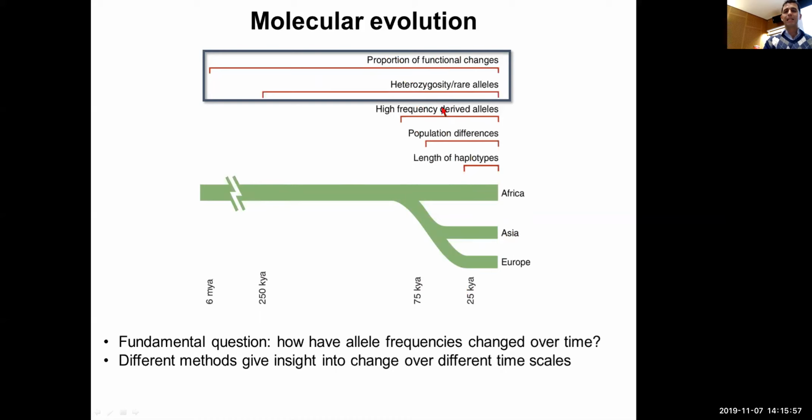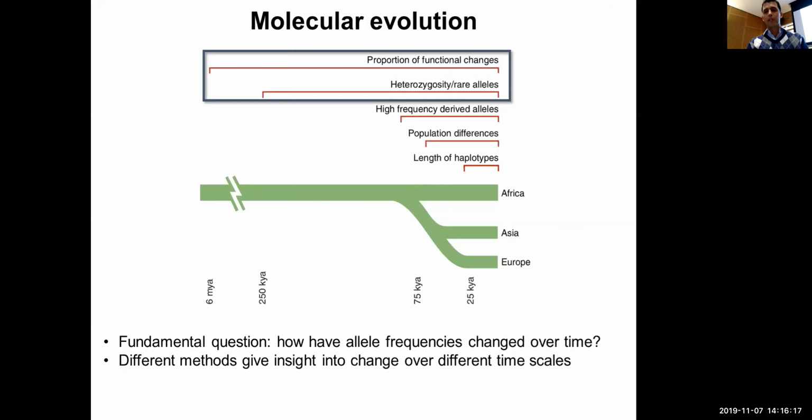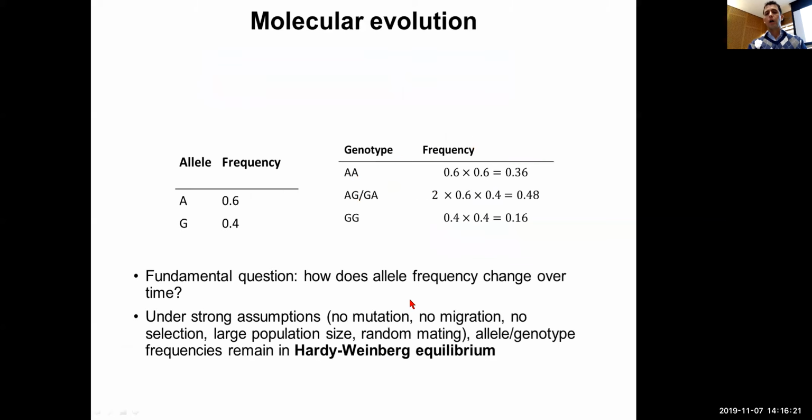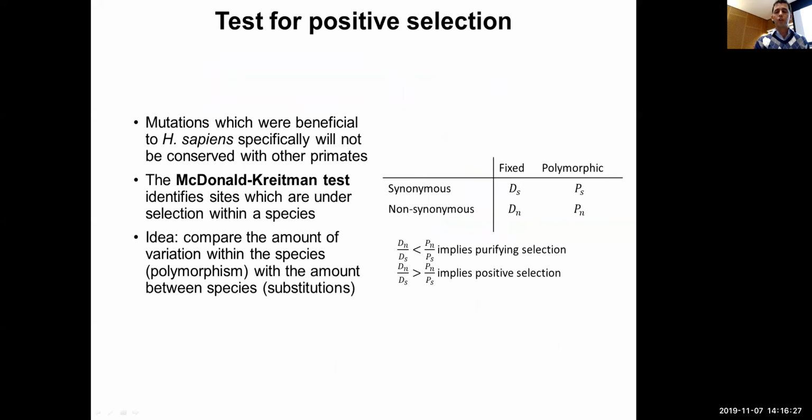So we're gonna basically now describe briefly the different types of signatures of evolutionary selection. Everybody with me? So the fundamental question is, how have allele frequencies changed over time, and what are the methods to use to look at those? So one way to look at that is to basically look for deviation from this Hardy-Weinberg equilibrium of, you know, how often do you observe each of the different alleles. So basically you can test,